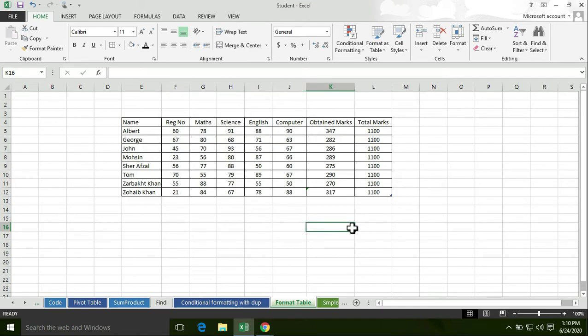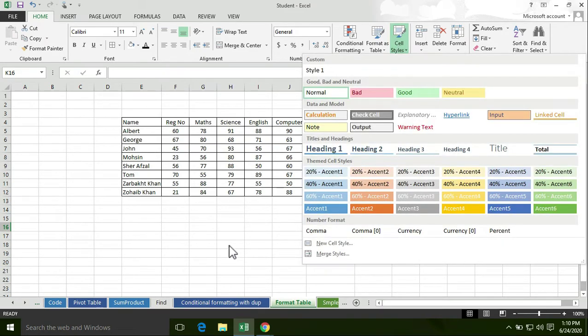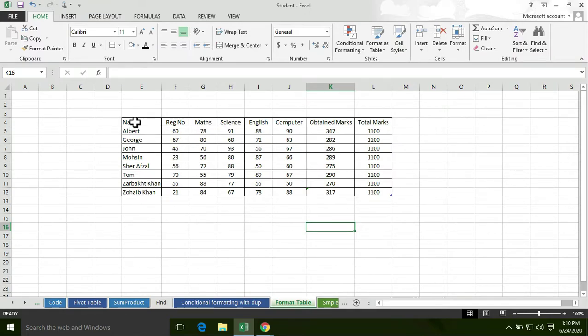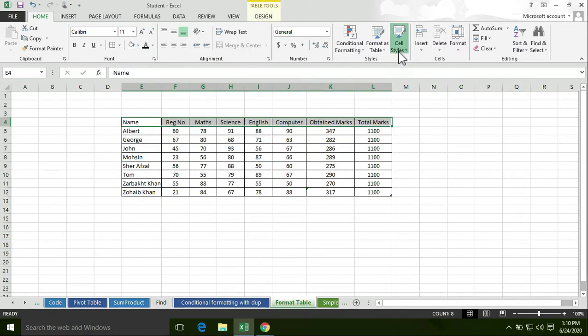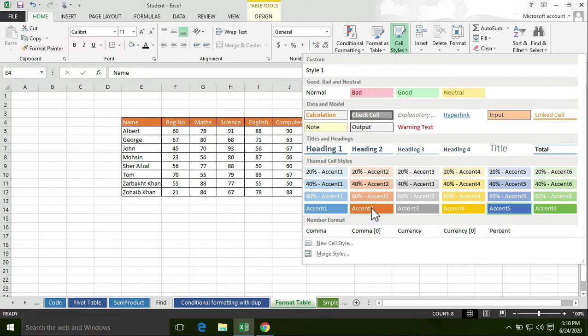Now I can also format this table with the third method. For example, I want to format the row, then the column. First of all, select the whole row, then click on cell styles. Now you have different options. You can apply the format as you like.